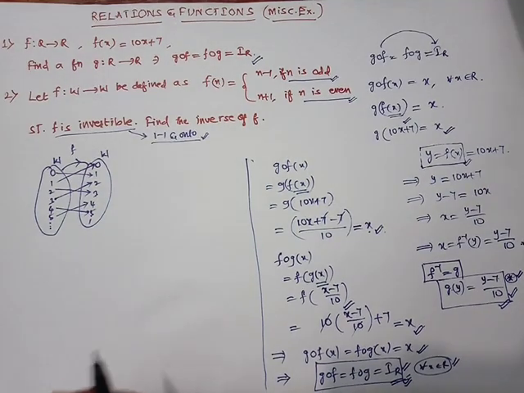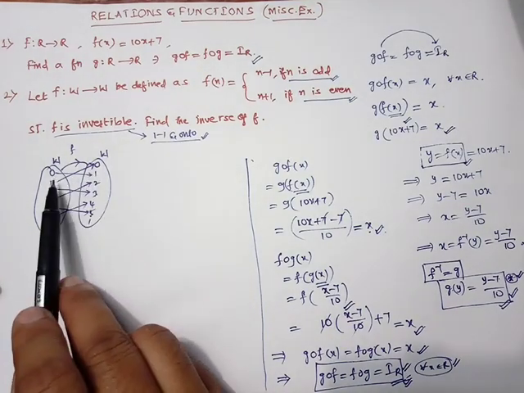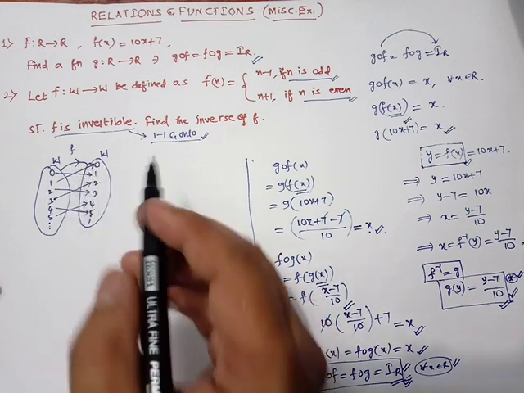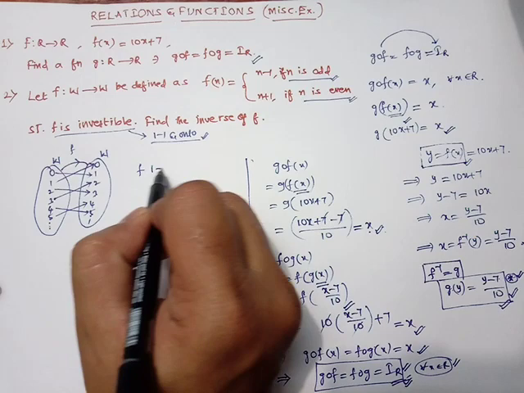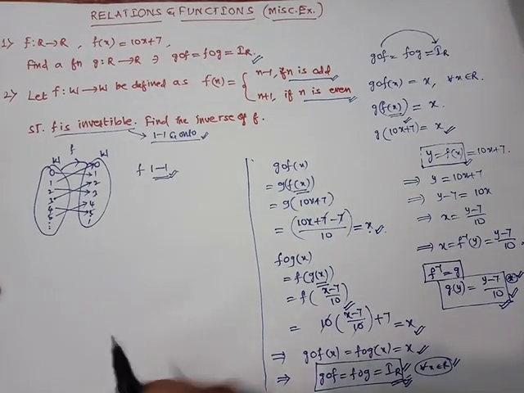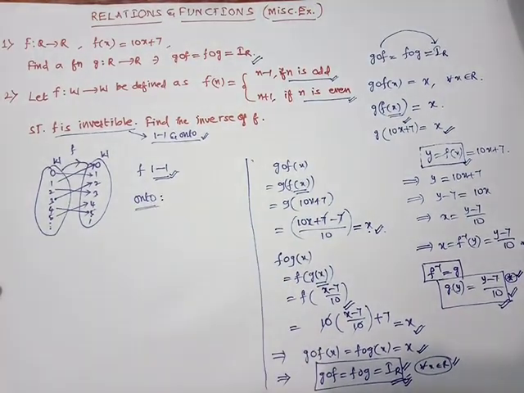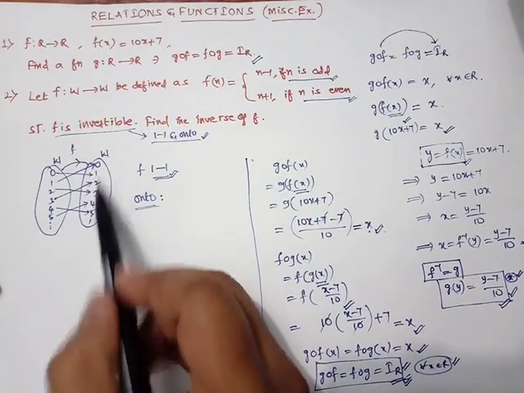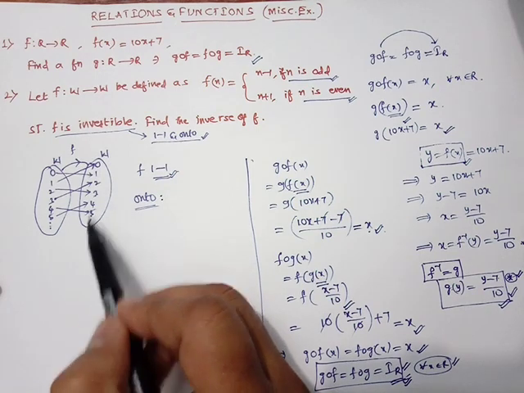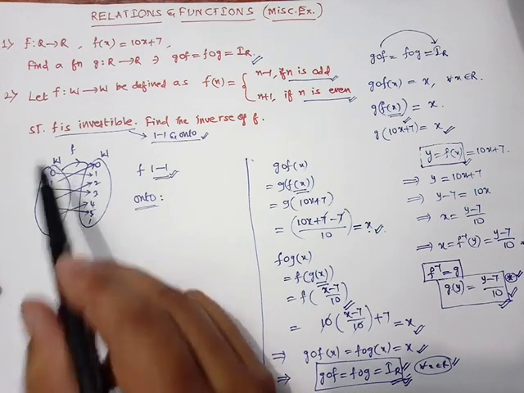Now can we say whether it is a one-one function? Yes, each element of the first set is going to one element of the second set. So by looking at the diagram, I can say f is a one-one function. In the same way, how can I say it is onto? By looking at the same diagram, at the second set W, 0, 1, 2, 3, 4, each and every element is related to some element of the first set.